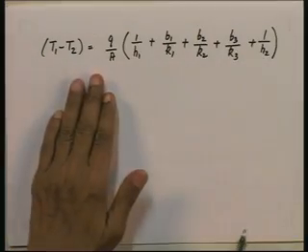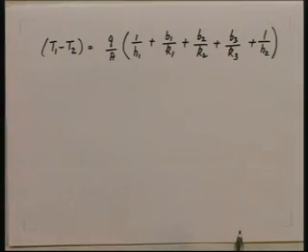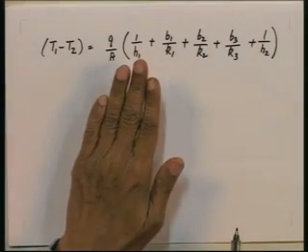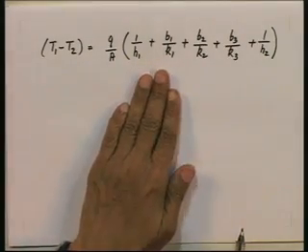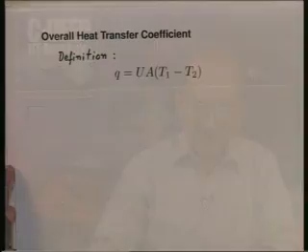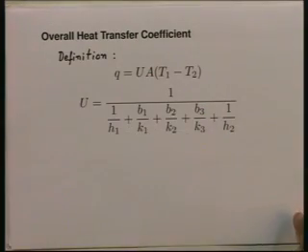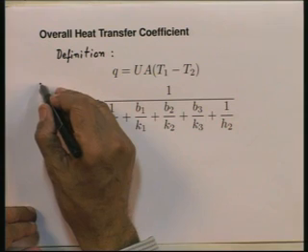This was our expression from which I can write Q equal to something or the other, right. So, if I compare this expression for Q for an infinite composite slab with my definition of an overall heat transfer coefficient, then for an infinite composite slab I can say